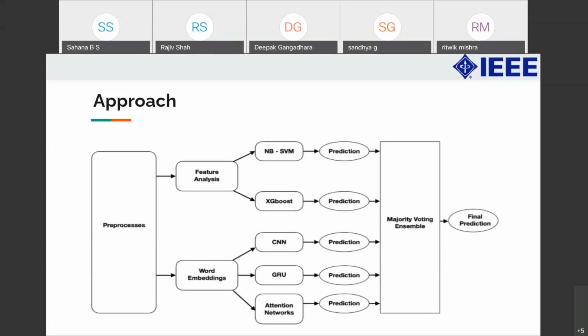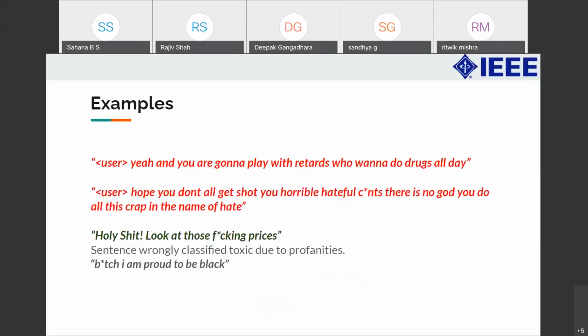Usually most deep learning models are kind of black box. So we wanted to understand the context better. We thought if we could combine these with the deep learning models, maybe we could get a better score. So we did a correlation analysis between these models, and they were pretty diverse. So we put them in an ensemble, and our results show that the ensemble model performed better, and we got the highest F1 score.